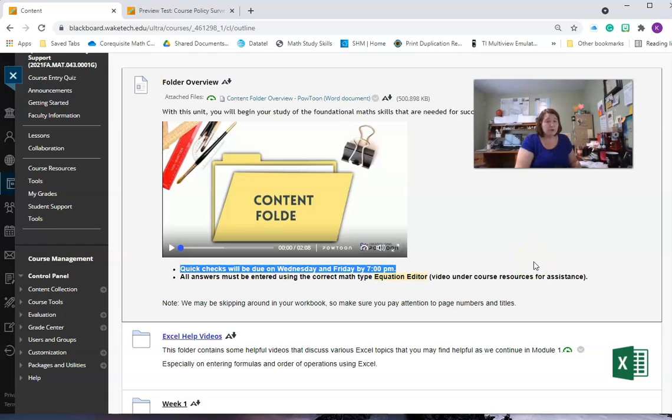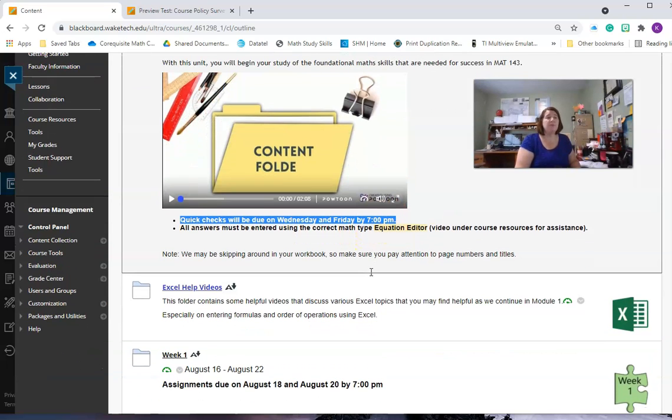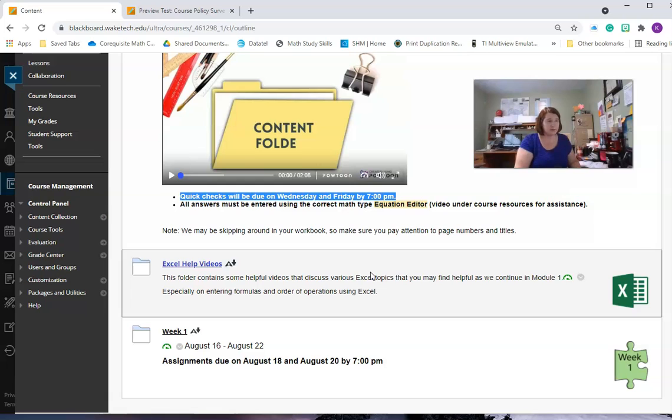Also, please remember when you went through the course policy surveys under that tardy, I do take late work. So even if you don't get it submitted by 7, if it's 8 o'clock, if it's 10 o'clock, if it's midnight, go ahead and still submit it. You may get 1 or 2 points off, but at least you'll still get a grade. So make sure you're paying attention to the time, but don't overly fret about it either.